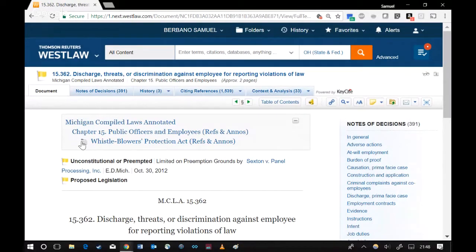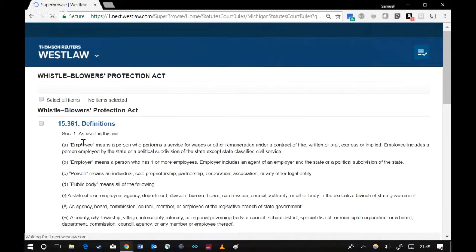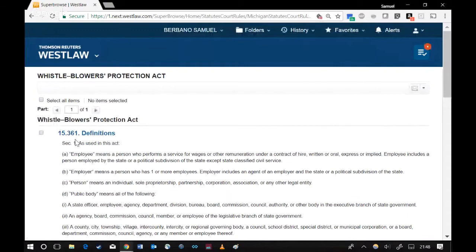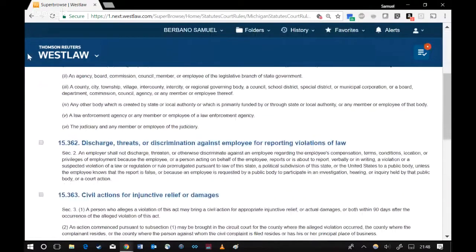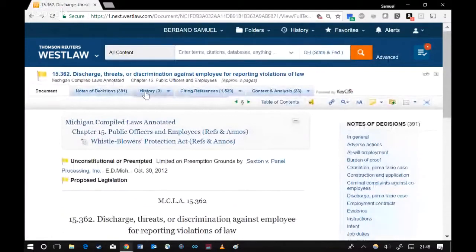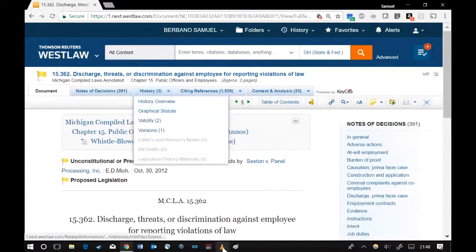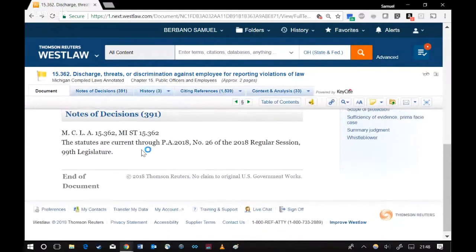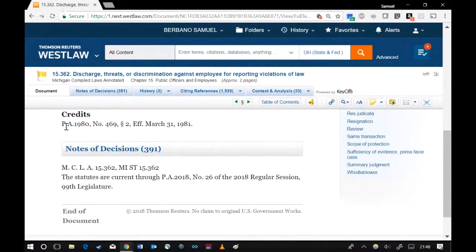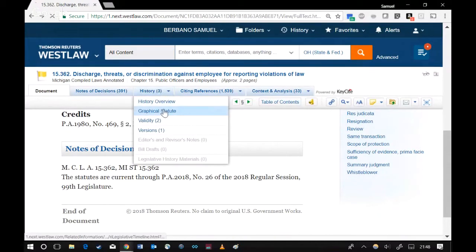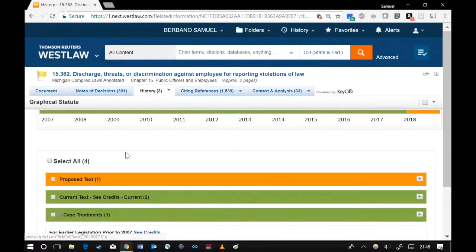By way of review, reading the statute, the super browse button gives you not just the text, but the context, because the answer could be in one of these other sections. A statute also has different versions throughout a series of time. Noticing, however, that your professor has decided to go easy on you in this first semester, because this has been the law since 1981, and the graphical statute would tell you as much, so that you don't have that Batman problem like we talked about by way of review.